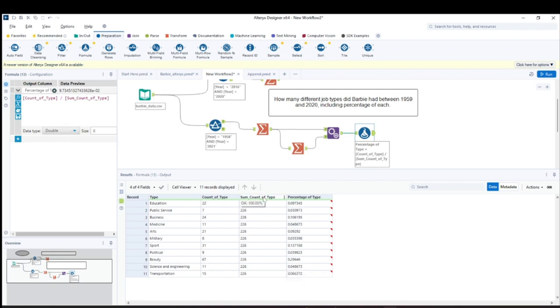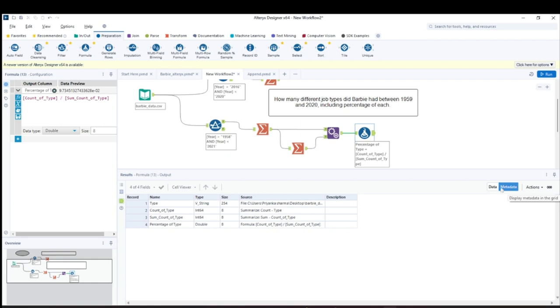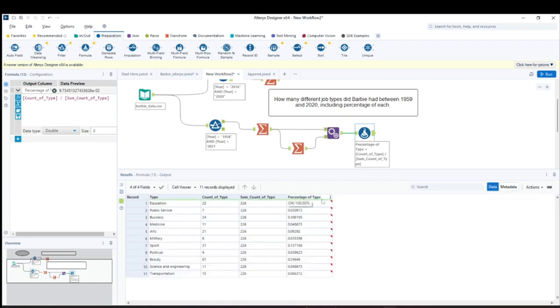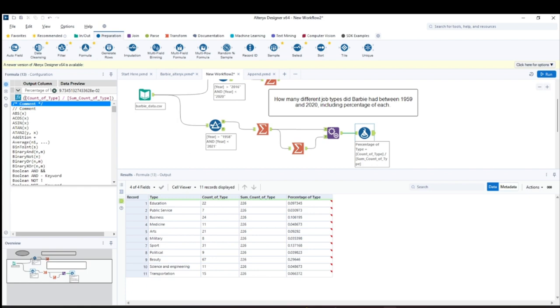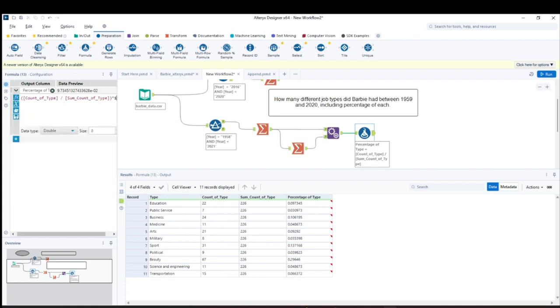Okay, and I think I should check the metadata also. I can convert it to int if it's okay. And then let's multiply this by 100 so that we can get the percent form of this. Run this, and here we get roughly 9.7%, that is 10%, 3.0, 10%, and you can see 4.8%, 9%, and so on. Now, when you add this, you should get 100%. So this is the percentage of type that we wanted.